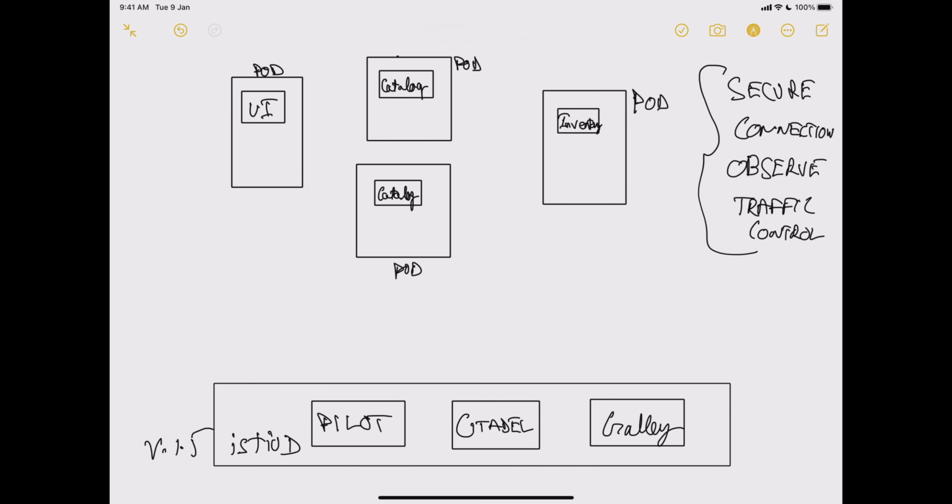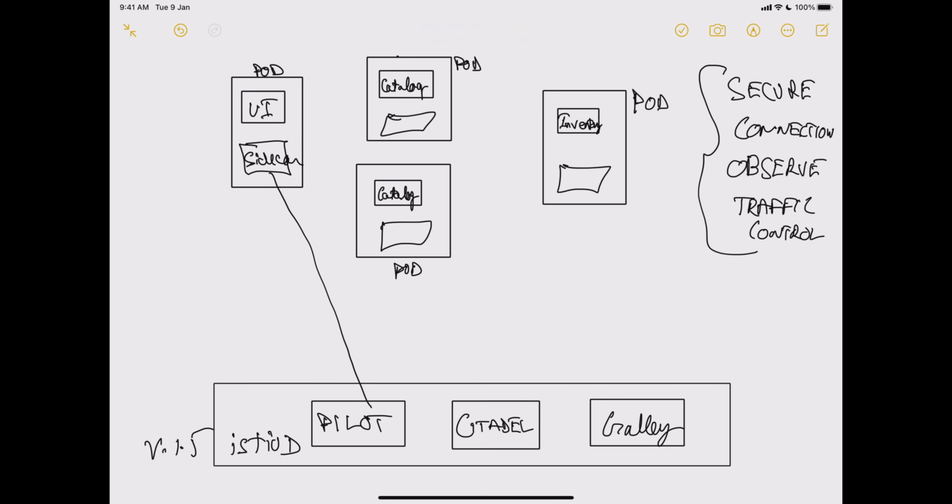So what happens whenever you install Istio on your cluster? Every time you create a pod, there will be a sidecar created which is a proxy. This sidecar will be created by your Istiod control plane, and from there all the communication will be happening through that proxy. What do I mean by that?